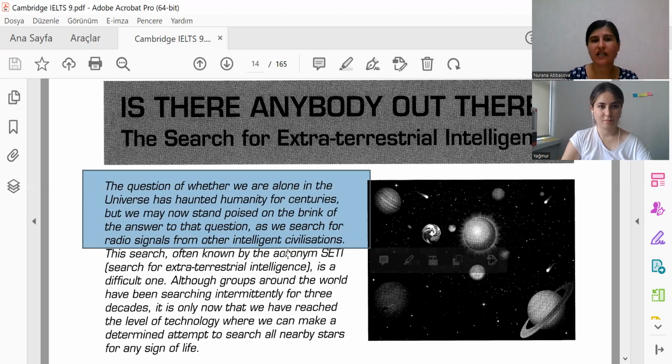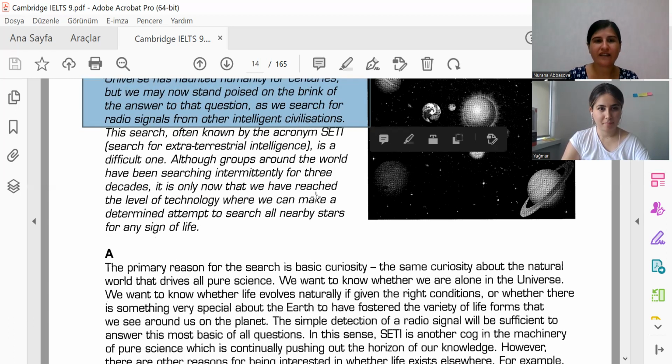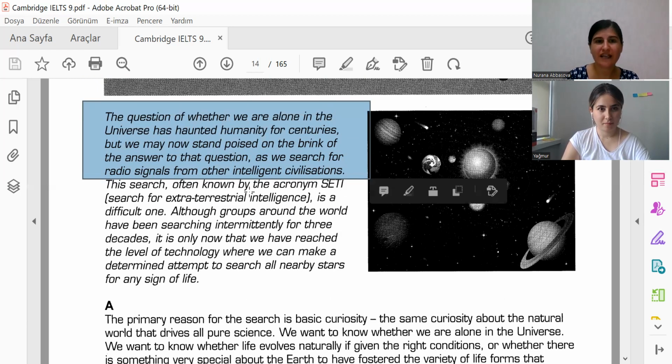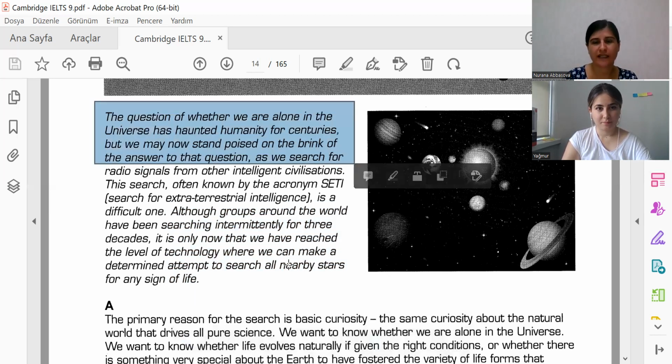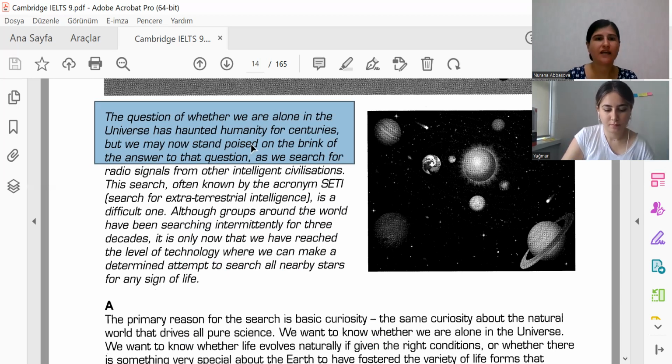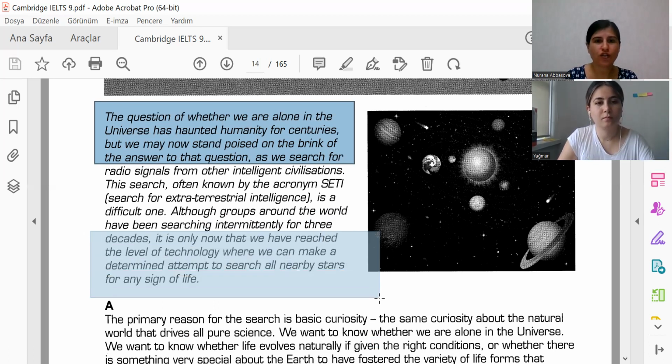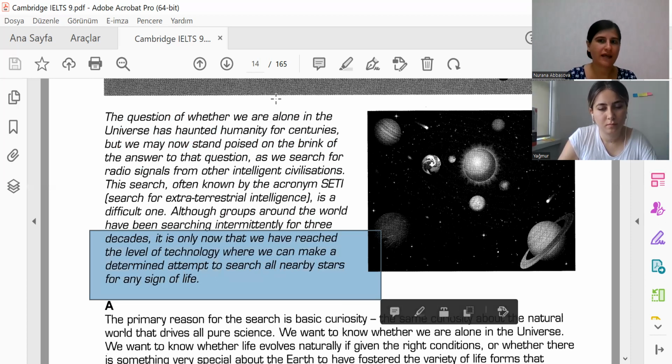Because in English, the main idea is generally given in the first sentence, and the last sentence closes this idea. This is the opening idea, this is the closing idea. But your answer should include both of them, not only one. Let's say one idea is given here, but not complete. If you don't read the last sentence and you choose the answer,